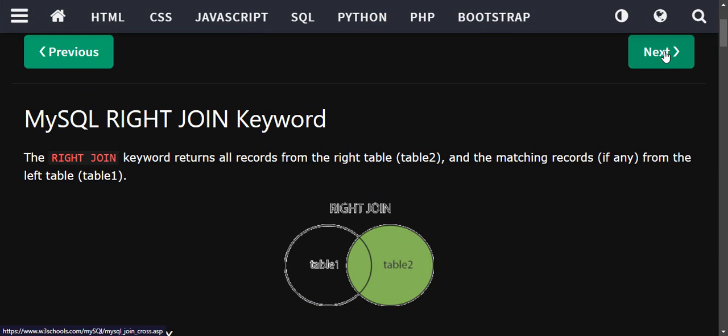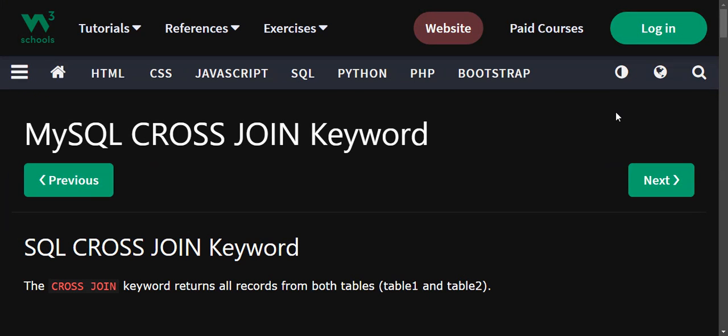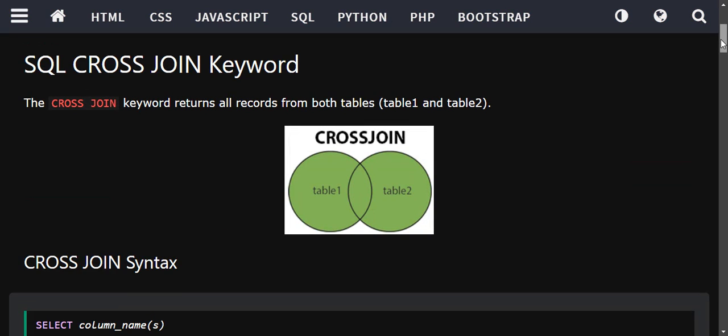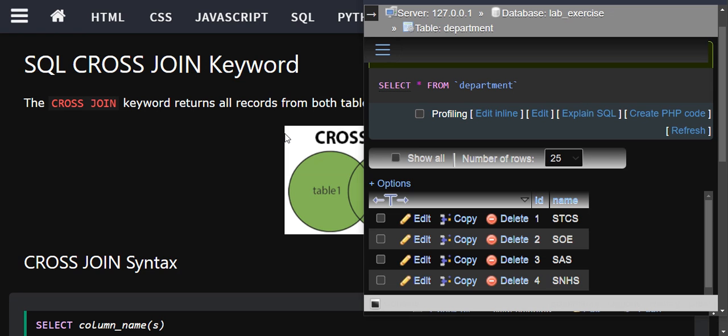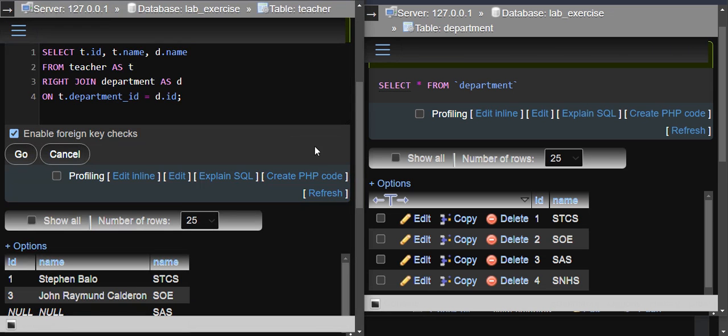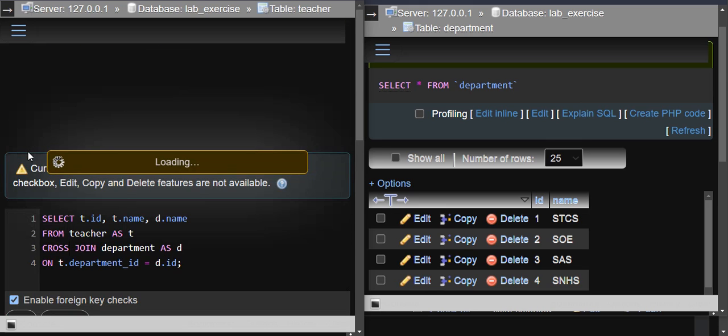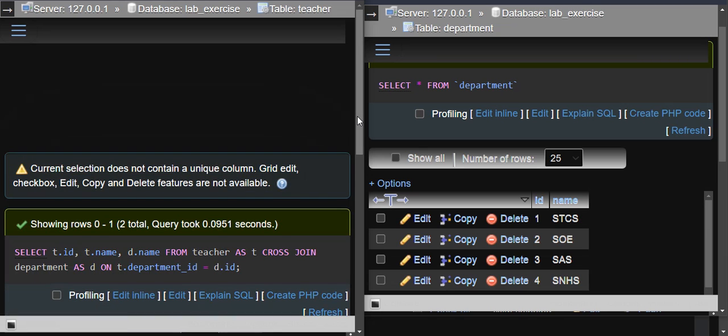If we're going to check our Venn diagram, it's all the records from both tables. Okay, this time I will change this from right join. I'll just modify this one and change this to cross join, and I will execute the statement. And as you see,